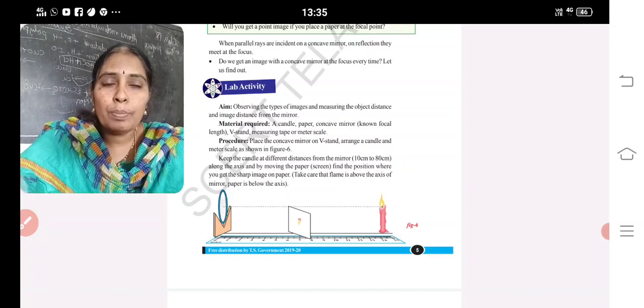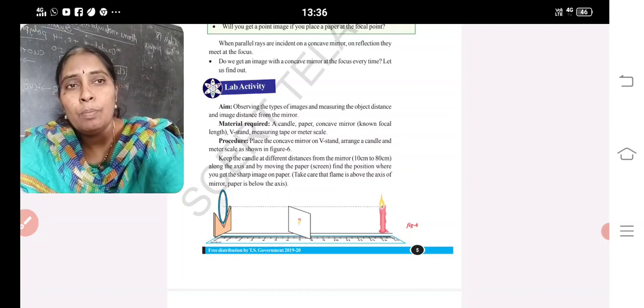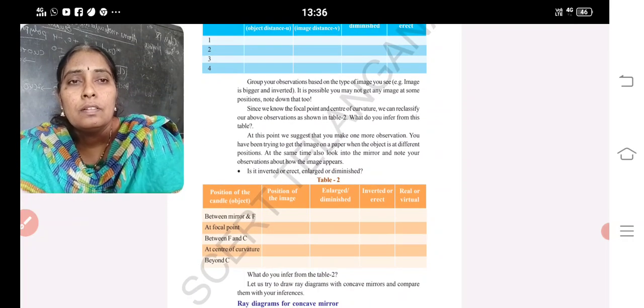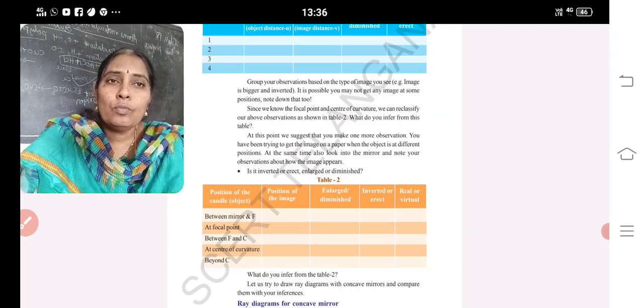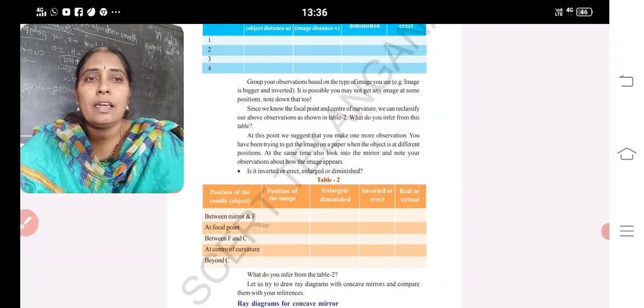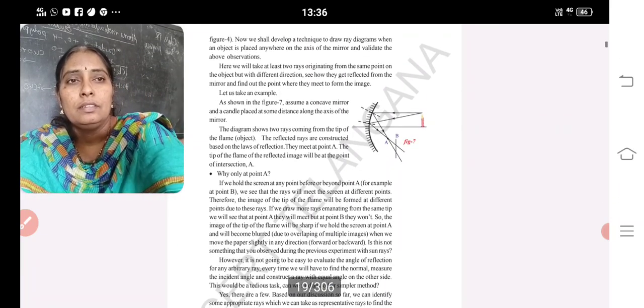Now take a small paper piece which acts as a screen. Move the paper below the principal axis here and there so that you can get the image of that candle, and that will be your focal point. Okay. Now moving the object to different places, you will get different types of images. So you have to do it practically and write the result. Next,